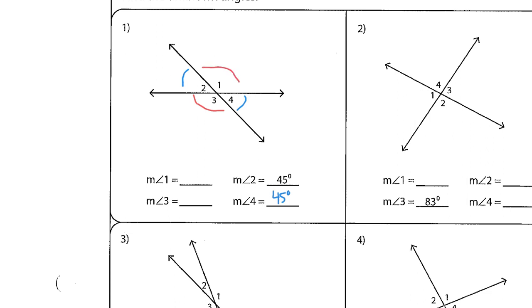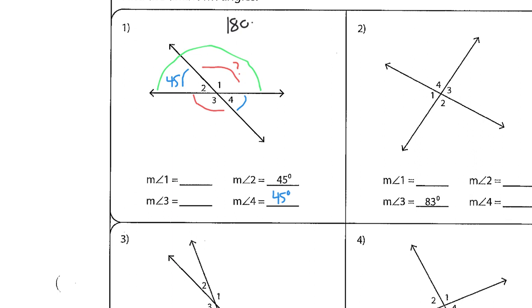So what we have to do now is use what we know about adjacent angles. So these 2 are touching, right? Which means that these 2 are supplementary. So 2 and 1 are supplementary. If 2 is 45 degrees, then you need to figure out 45 plus what, right? Plus what for this side right here is going to give you 180 degrees. So the way that we can figure that out is we can do 180